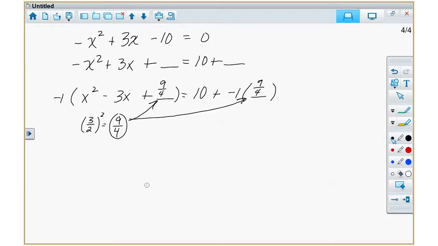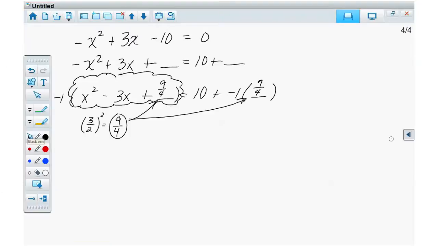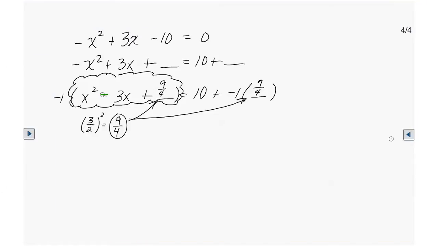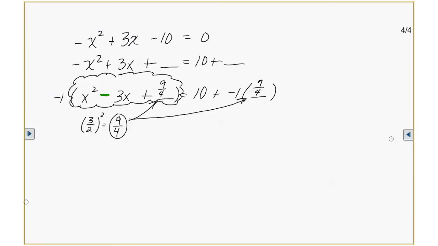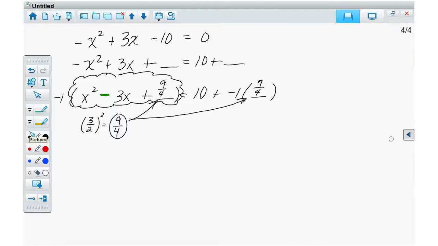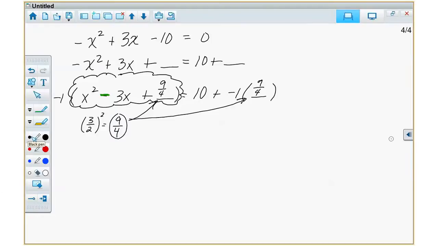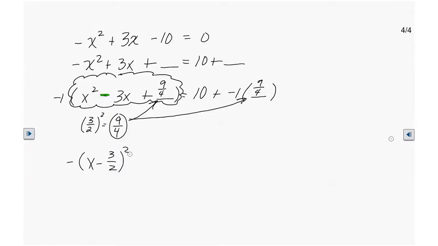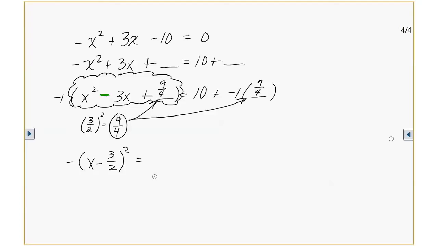Now you have shortcut number... which one? See if you're paying attention. Shortcut number what? Number 2, Hubert. Thank you, 7 or 8 people that are paying attention. Negative 1 times x minus 3 halves quantity squared is equal to 40